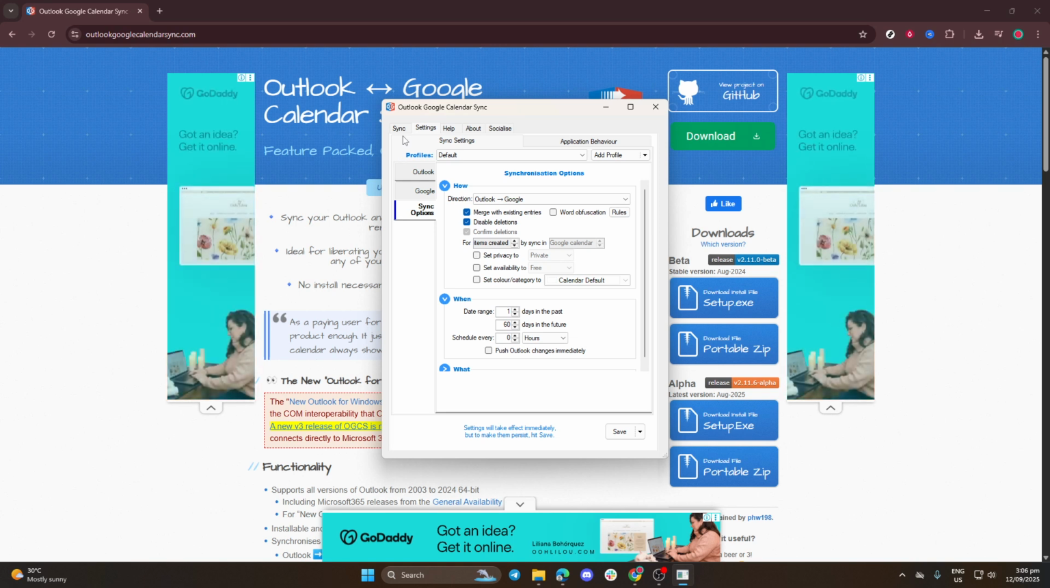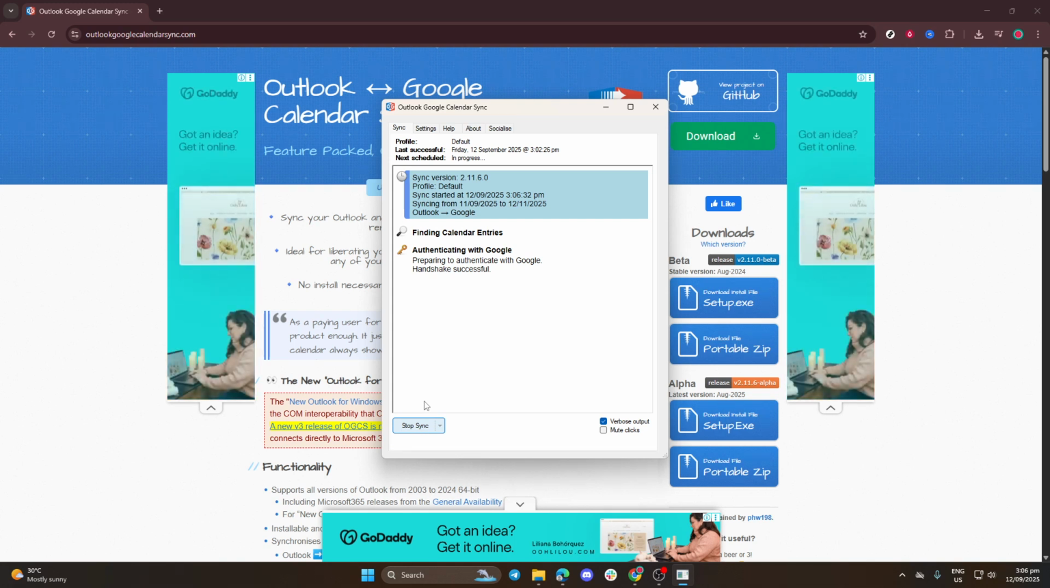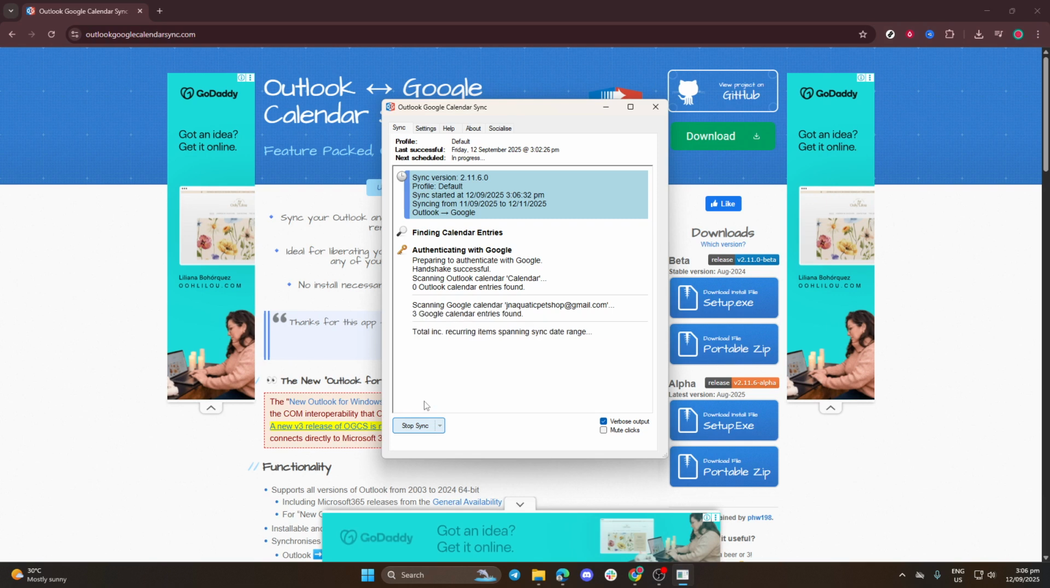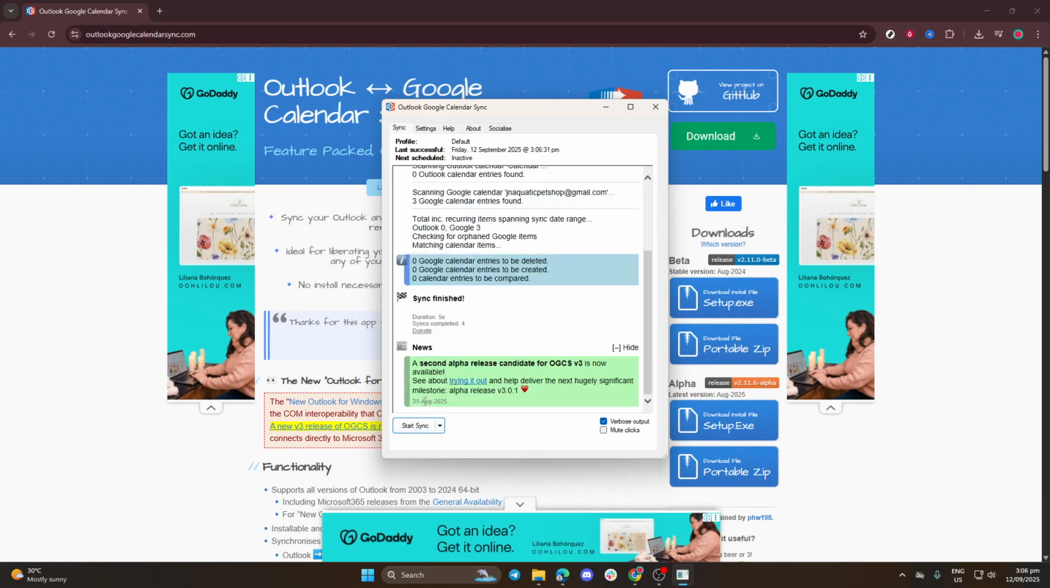Now that you've configured everything, it's time to start the actual syncing process. Simply click on Start Sync and the tool will begin to work its magic. You'll now find that events from your Outlook calendar will appear on your Google Calendar. Similarly, any changes made on your Google Calendar will reflect back in Outlook, making sure you never miss an important meeting or event. With this setup, managing your calendar across platforms becomes a seamless experience, allowing you to stay organized